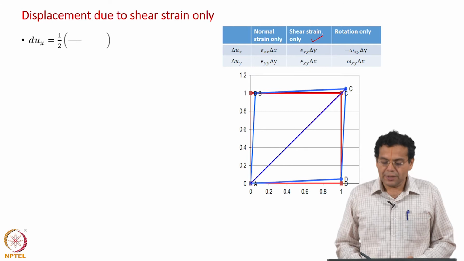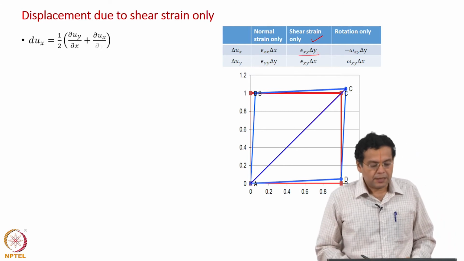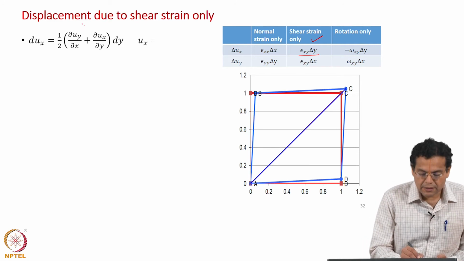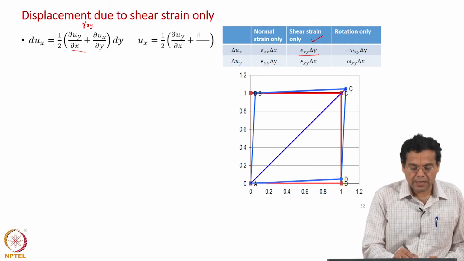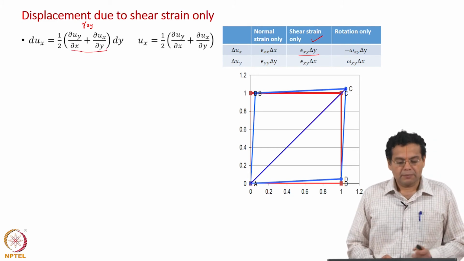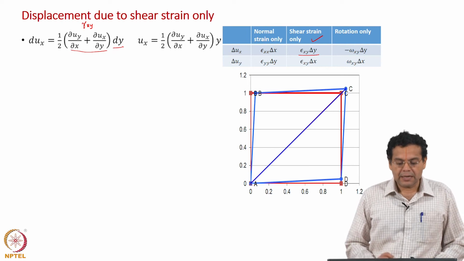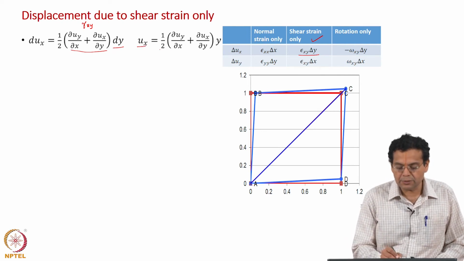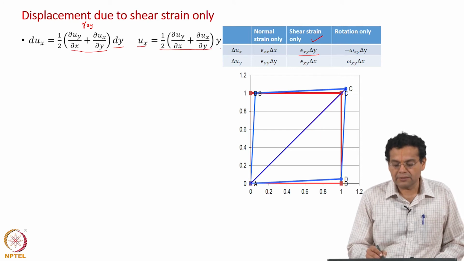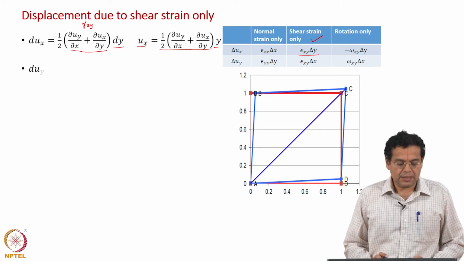Now, du x is equal to epsilon x y into delta y. Remember, epsilon x y is gamma x y by 2, and this expression for gamma x y multiplied by half into dy, and like in the earlier case we write this as u x is equal to the sum of these derivatives into y. And similarly, in the y direction